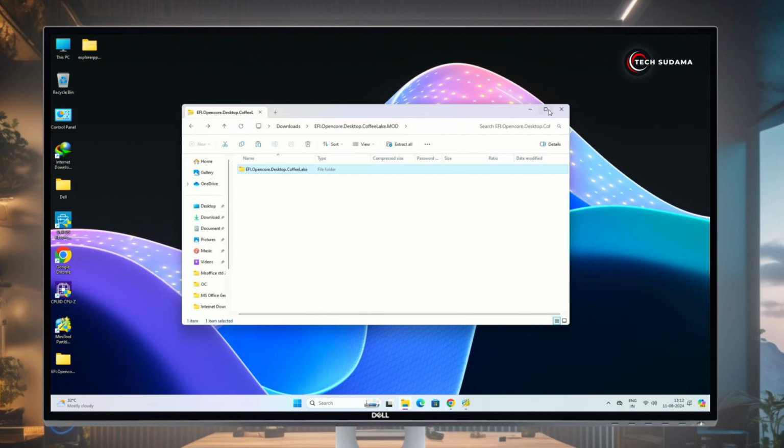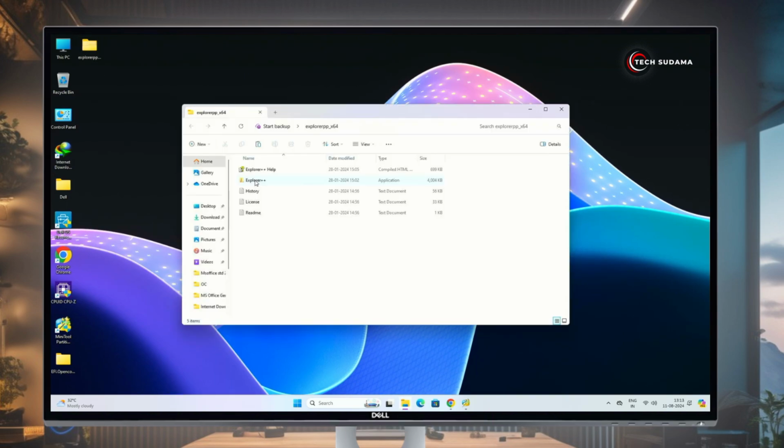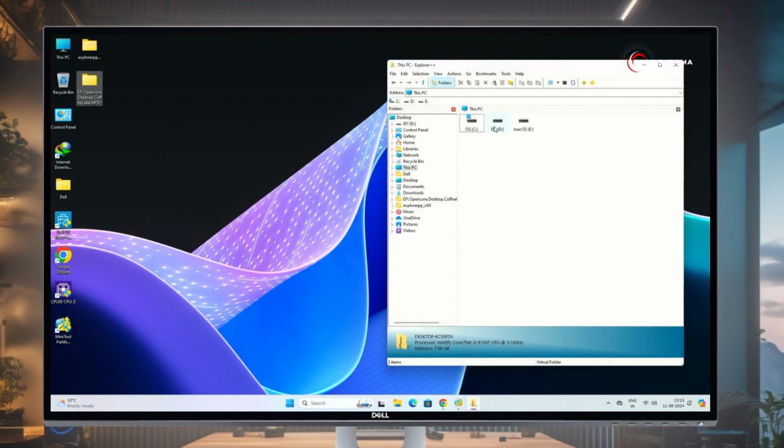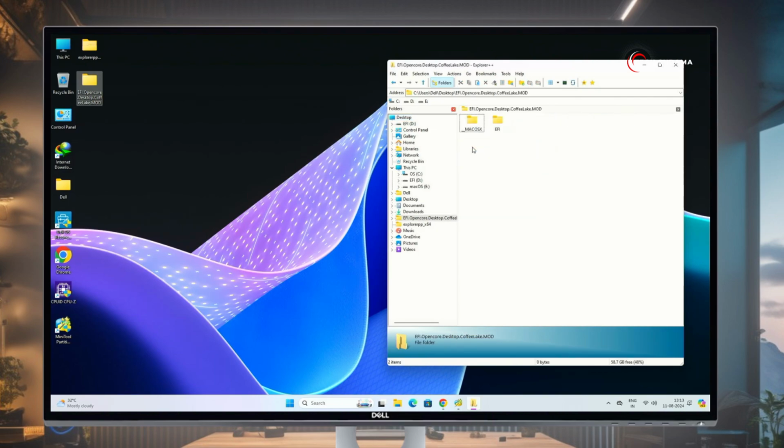Now it's done. Now close the file. Now you will have to open Explorer++. Right click on the file, select Run as administrator, click on yes. Now here is the UEFI drive, open it, and here is the UEFI. Now you will have to go to the desktop and here you will find the UEFI, open it, select these two,